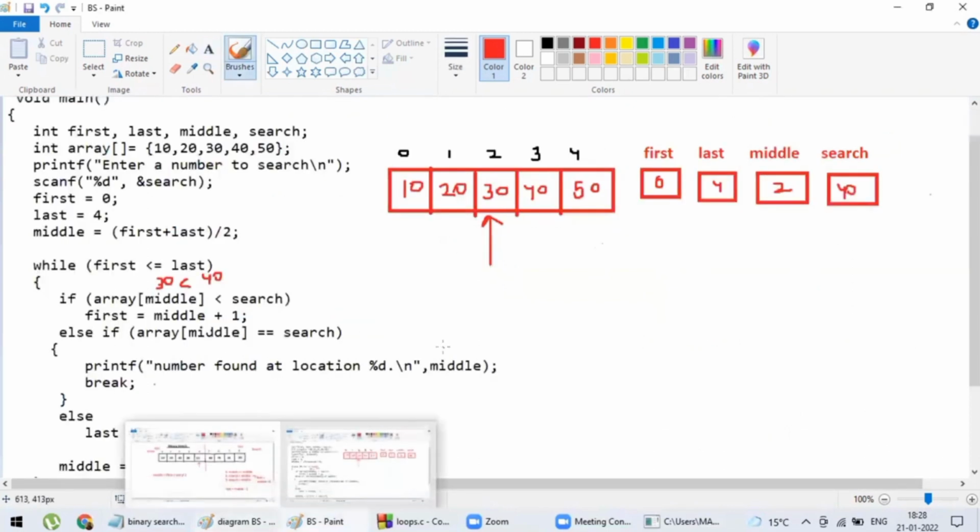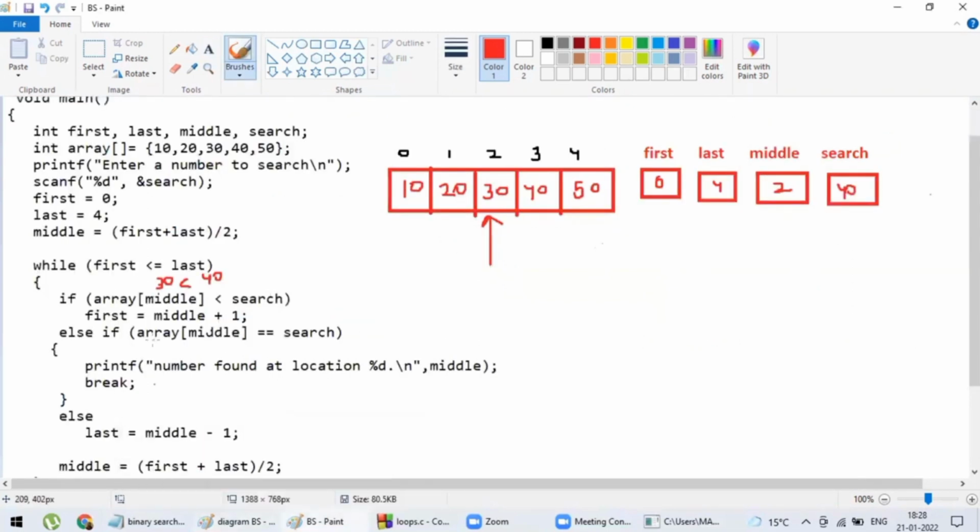So in this code also, if array of middle is less than your search element, that means your search element is greater than the middle element, you have to split your list and start searching towards the right hand side.